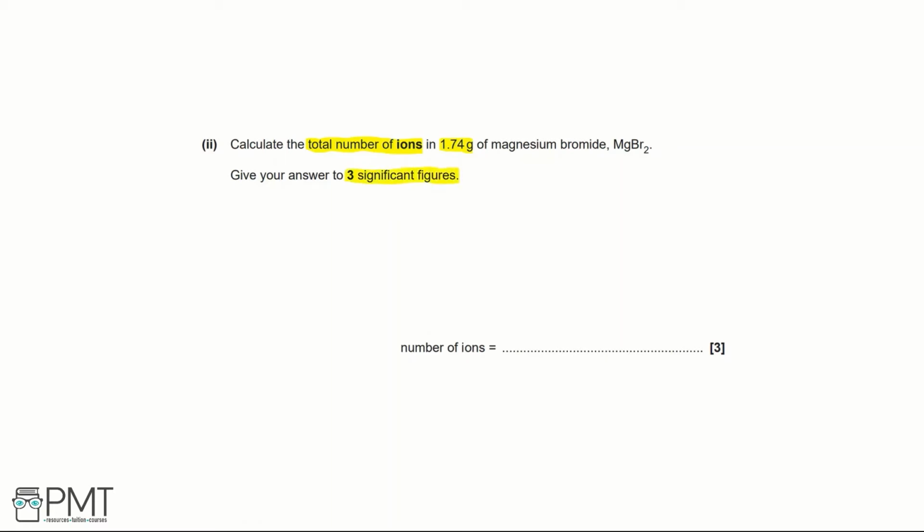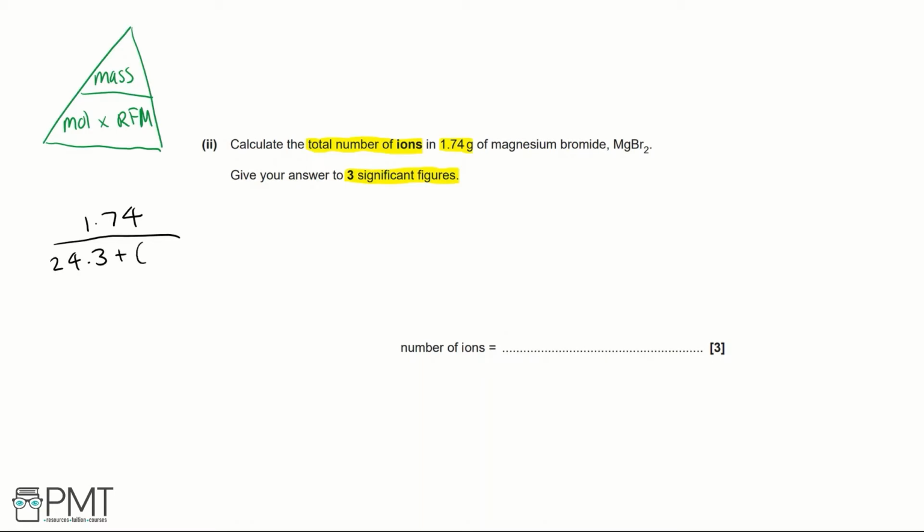So the first equation triangle, and the only equation triangle we're going to use in this question, is mass is equal to the number of moles times the relative formula mass. So this is what we're going to do first. We're going to work out the number of moles. And we can do this using the mass of magnesium bromide, and we can calculate its relative formula mass. So that's going to be 1.74 grams divided by